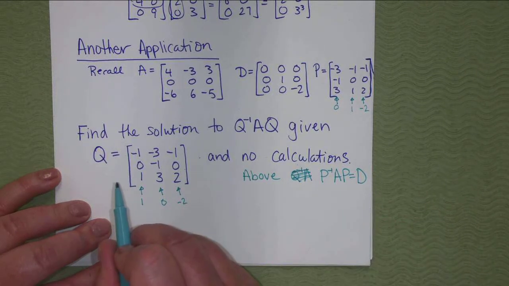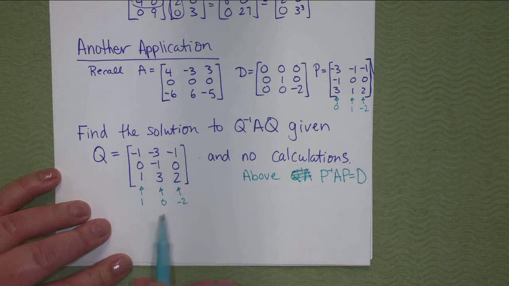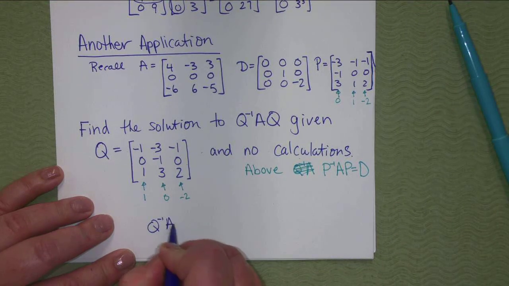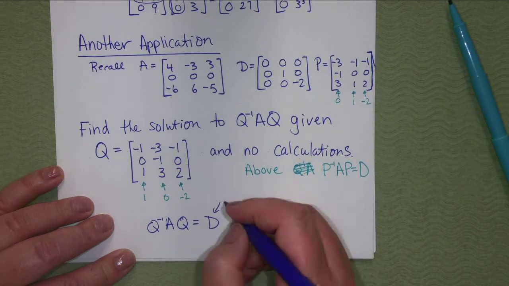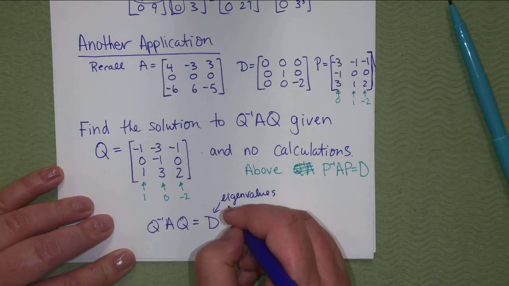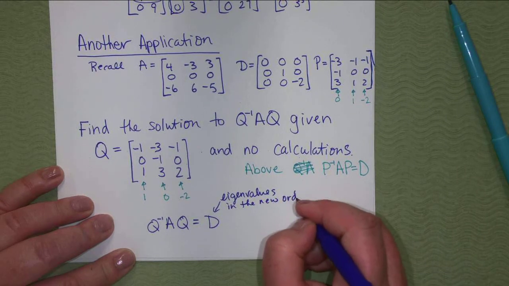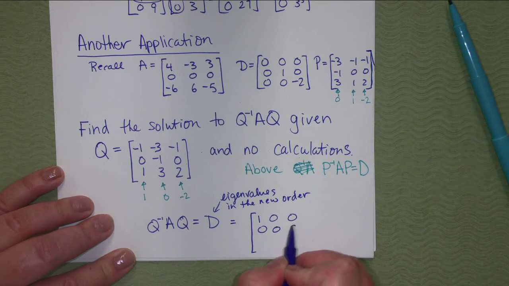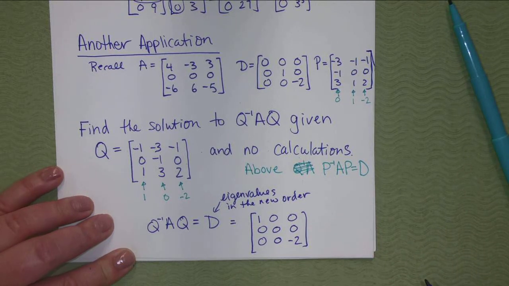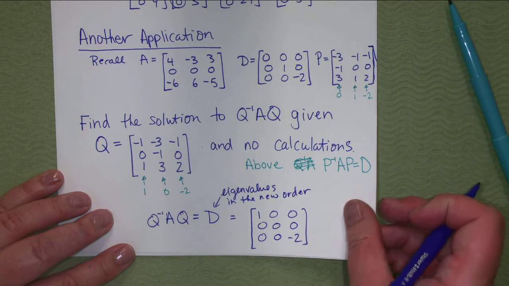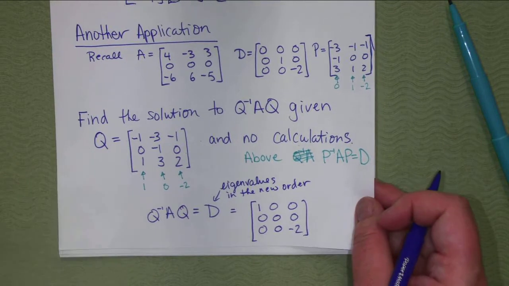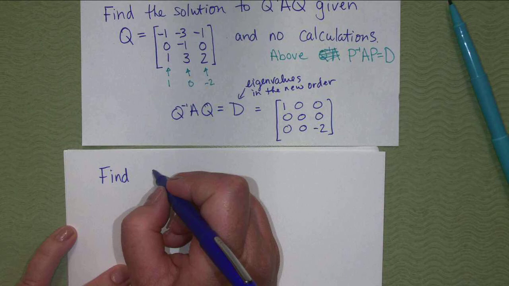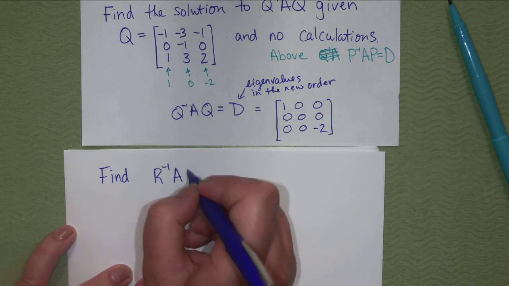So I told you already you can put the eigenvalues in any order, but if you change the order, the D also changes. So here, Q inverse times AQ is the diagonal, but with the eigenvalues rearranged. So what would be the answer? We have to put the 1 first, then the 0, and then the -2. Okay? So I just called it Q because we already used the letter P. I could then do this. Find R inverse AR if R is